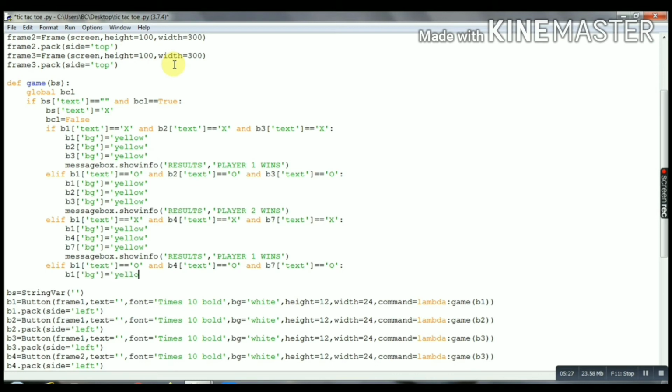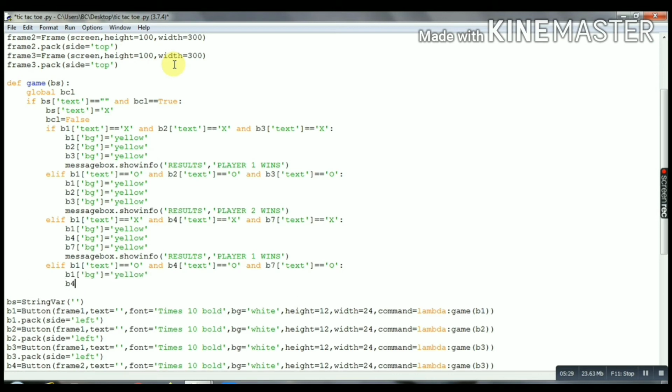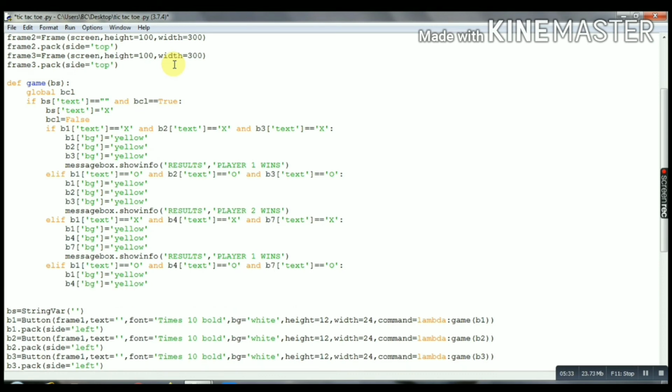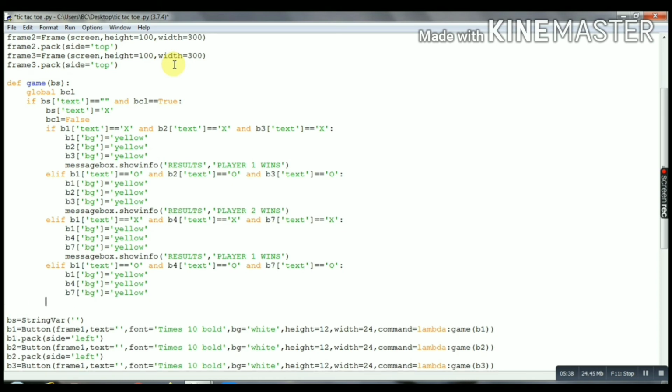Hope you have understood the concept, so I will skip it. Wait, I will show you a little bit more, then I will skip. B7 yellow. Okay, here we will show message, show info, result: player 2 wins.